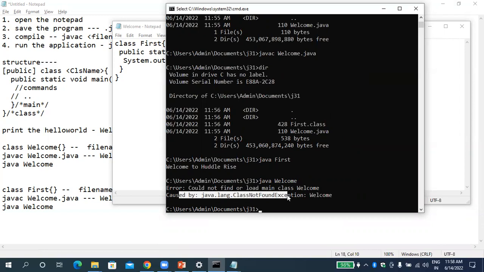Understood? So we had our class name called first. So I have to use only java followed by the class name. So what is my class name? It is first. So I have to use the same thing. Understood? Now you understood why the convention we are going to follow is that class name and file name both will be